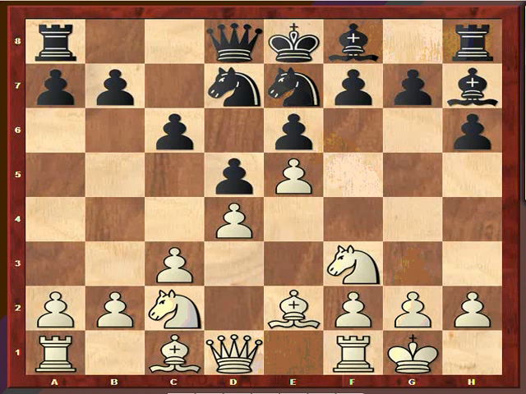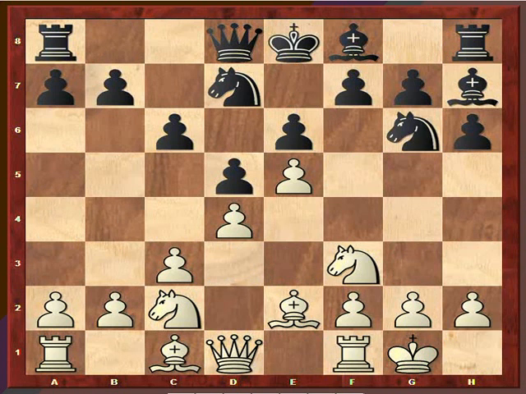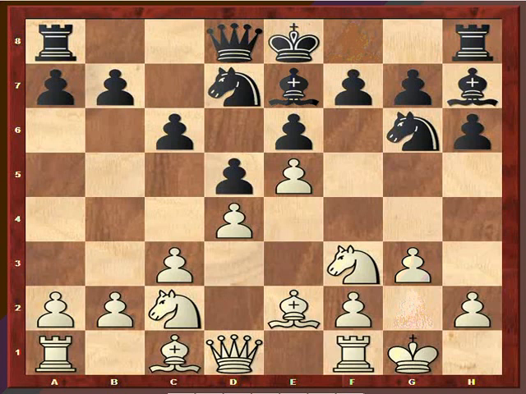Alright, another move, and it may be the best, is knight g6. The knight is comfortable on g6, and black can play bishop e7 and later c5. That's what I think. I like the move knight g6. If white continues with g3, then bishop e7, and now it's possible that